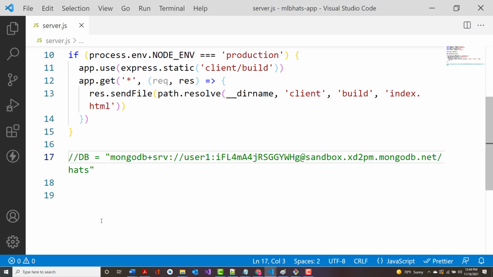So what we're going to do is, and this won't work now because this right here is what we're going to want to put into our .env file in a little bit. Notice I changed it to hats. We don't have something named hats, but remember when you run the program, it'll automatically create that database for you, like it did with our blog. So I'm going to come down into here and say,